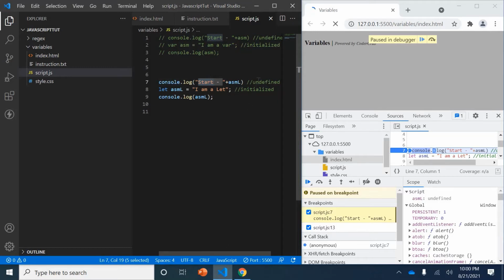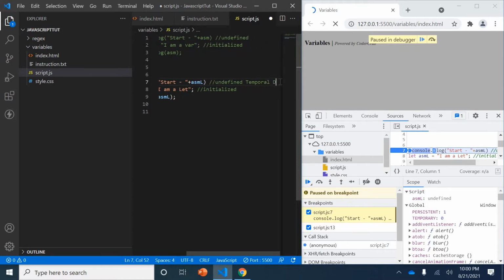So that particular place, from the beginning to the initialization, this particular area is called the temporal dead zone, the buzzword, right?